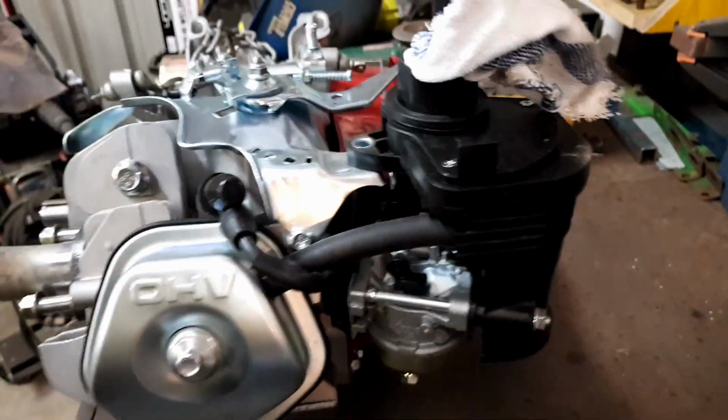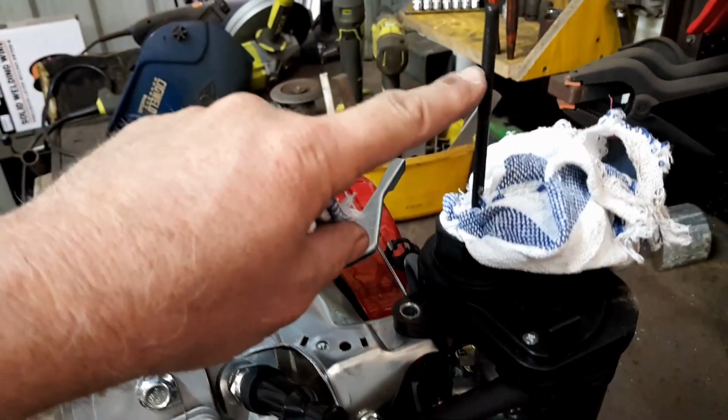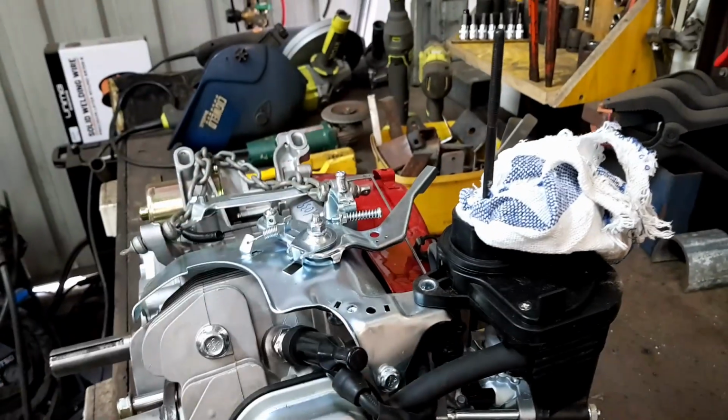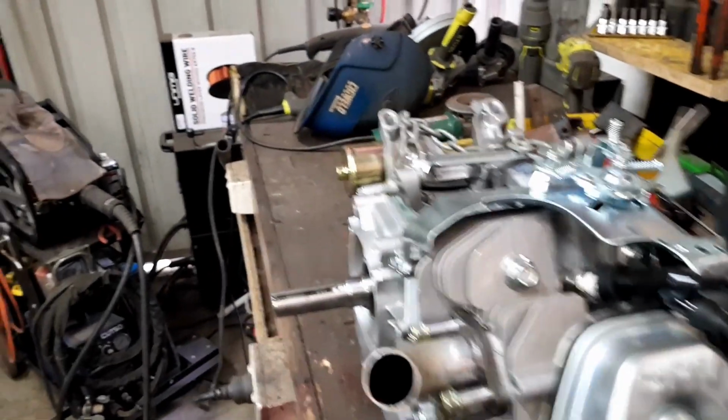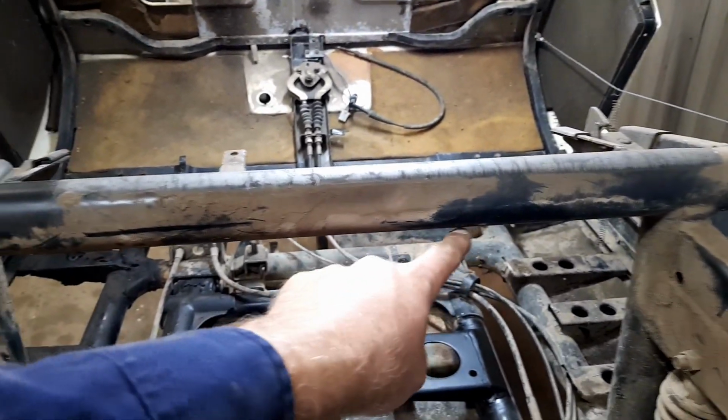Besides that, I've still got the connector thing for the carby. It's still sitting there. I may be able to just cut the top off of this and put the actual air cleaner itself and sit it on top there. Possibly, just depends on how it's located. I think the tube, it gets really close to the tube here, so